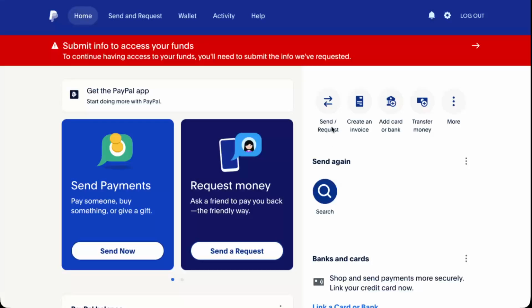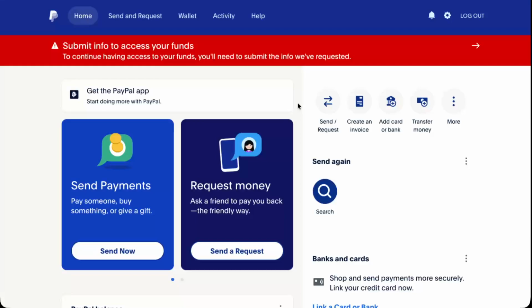In today's video, I'm going to teach you how to check the date of birth on your PayPal account. First, make sure you're signed into your PayPal account on a web browser. This can be on your computer or on a mobile browser, but the layout is usually clearest on a desktop